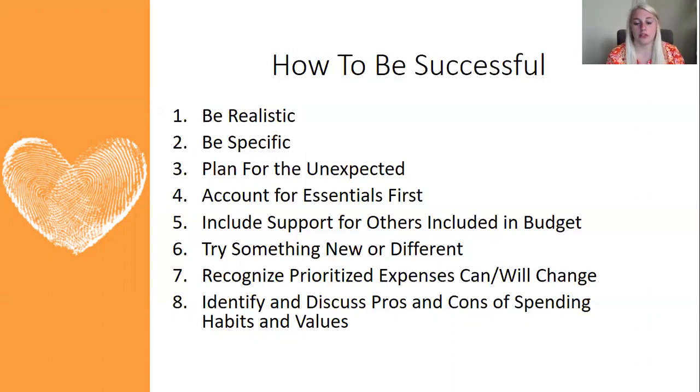The fourth thing is account for essentials first. So you want to make sure that you're adding up your essentials and making sure that you're affording those, and that you're not having an issue along the way with not being able to afford rent or put food on your table. So being successful and maximizing your income means that your essentials are coming first. And if those are the things that you need to cut down on, then that's what you're focusing on first.